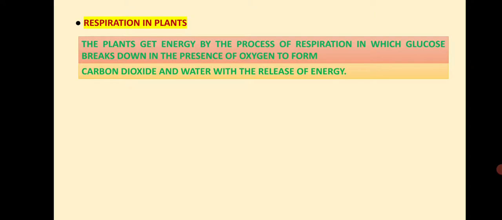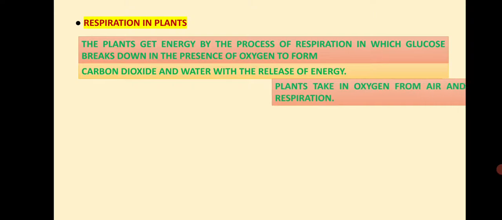During photosynthesis they make food as glucose, that is a simple sugar. They use carbon dioxide and water, and along with the simple sugar, they also release lots and lots of oxygen. Clear? Now, when they break the food in the presence of oxygen, they form carbon dioxide and water with the release of energy. Clear?